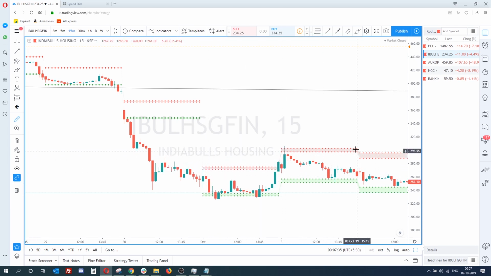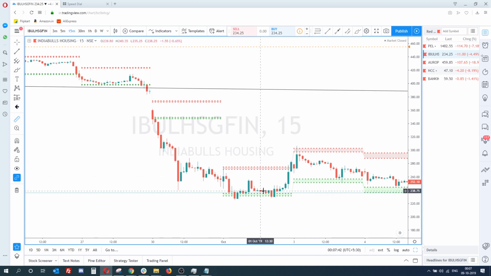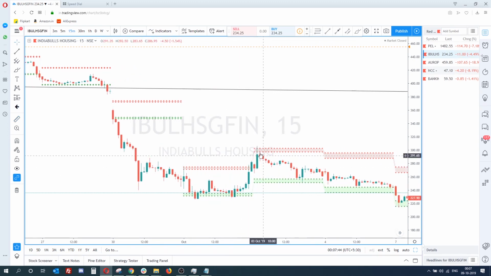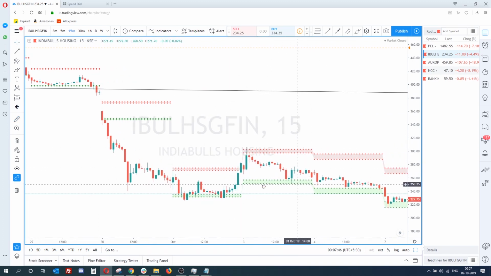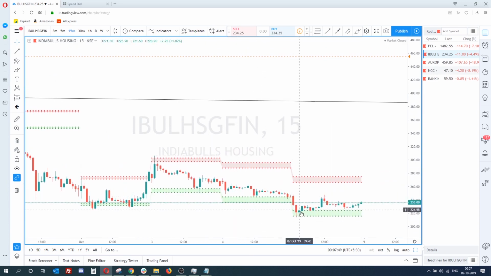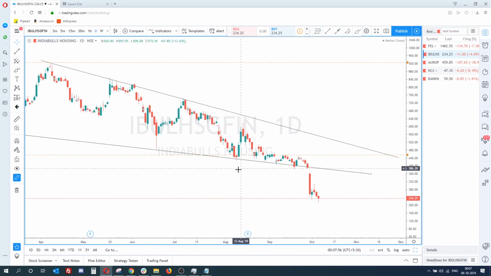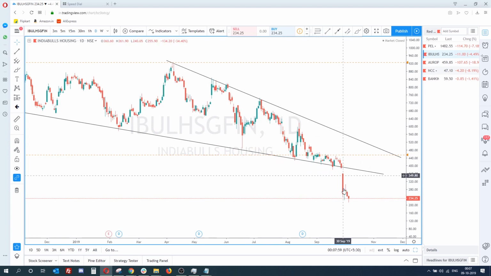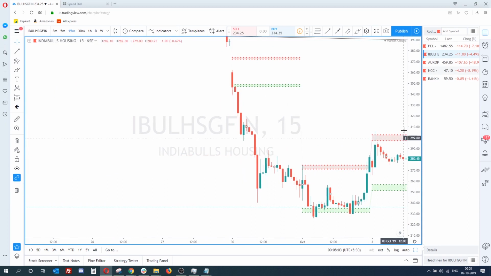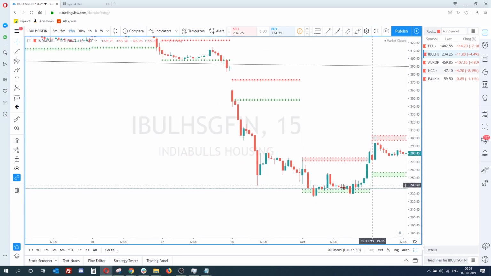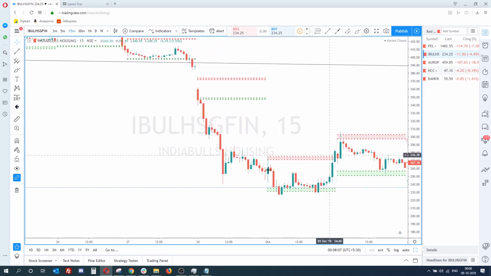Again the next day there was a shot from the green zone. Look at this. It's like a game, right? It just took a resistance at these zones, and again a support here, and again a support here, and again a support here. So it just tells me that I should not short here. So we don't go long here, guys, because we have selected this stock based on the breakdown, right? You are supposed to only short when the indicator says so. So you can short here, you can short here also, but make sure